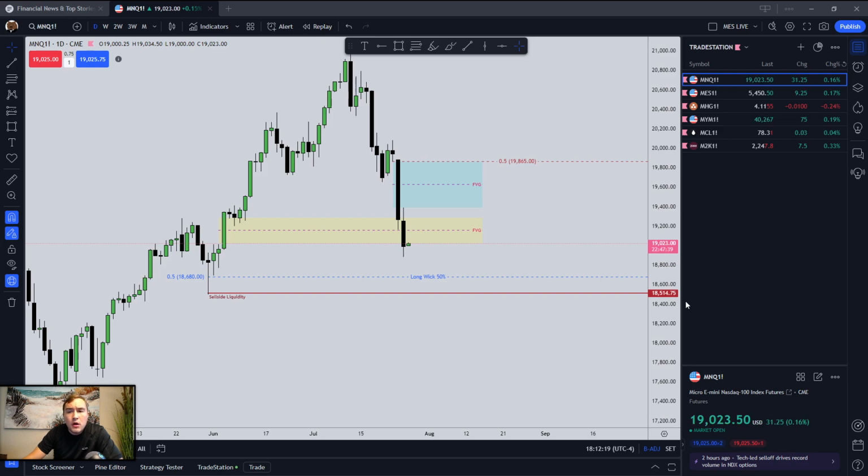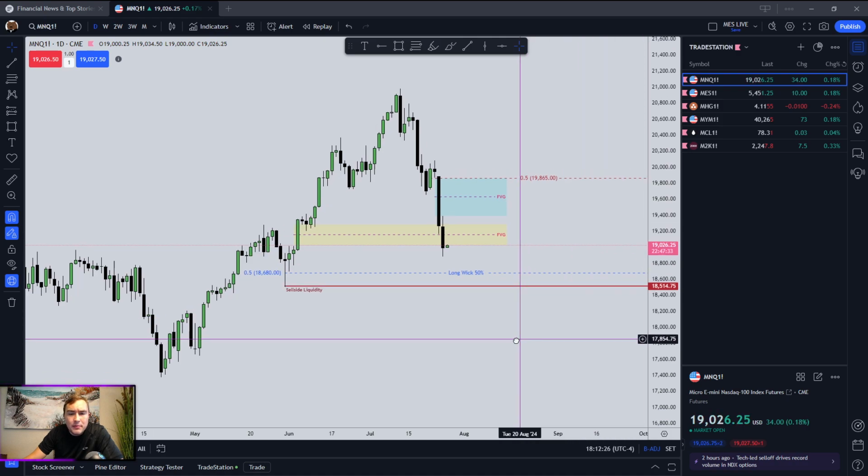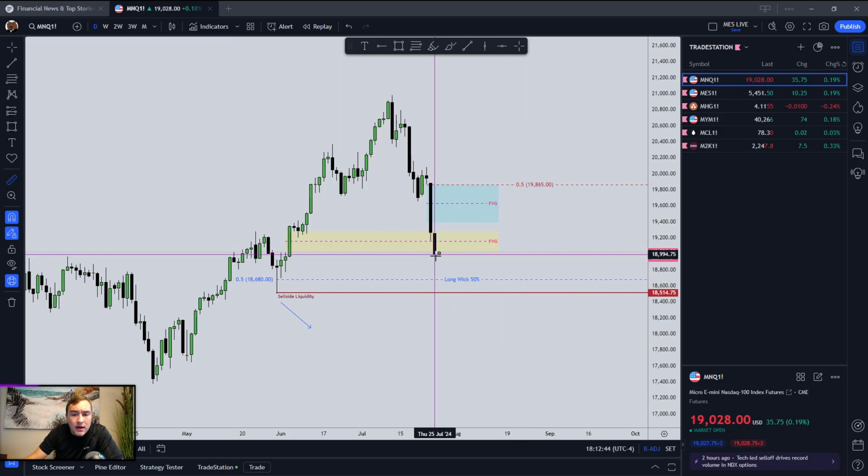Okay, guys, so starting here with the NASDAQ, we have 3 straight down days. And from an ICT perspective, guys, I've outlined a few of the levels that I'm looking at. So the first level to the downside that I'm looking at is the sell side liquidity located at 18,514 3/4. I think that's a little bit of a stretch for the market to reach on Friday, but ultimately,